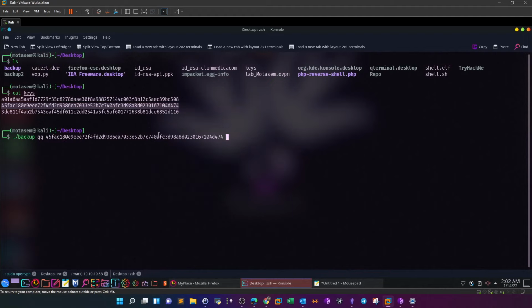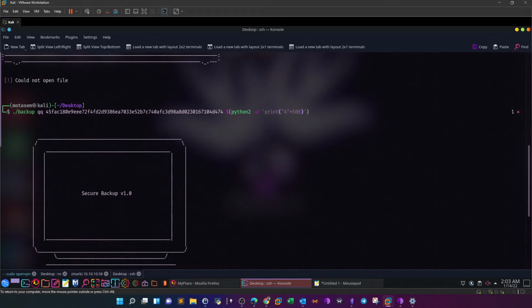And here, instead of specifying the directory to backup, I'm going to supply a string. You're going to see if the program will crash or hit a crash point if we provide some sort of long input. Python 2 -c print. So let's start with A's. And we can say 505, and lastly we need to put a single quote, and that's it. Let's try it here. So let's copy these